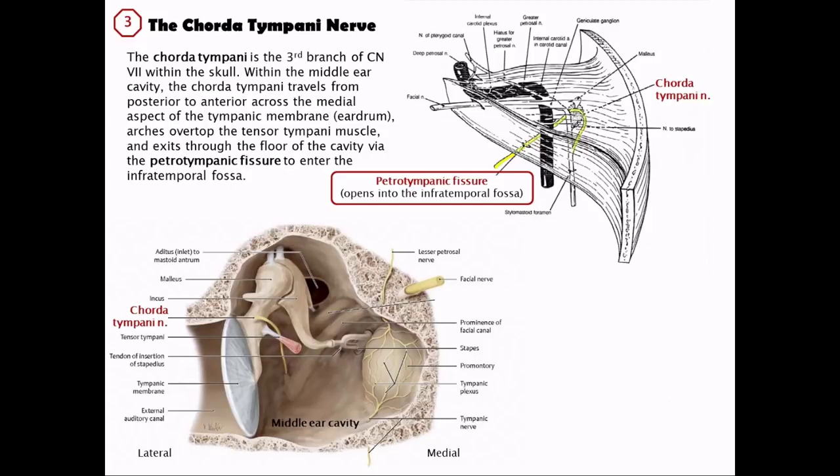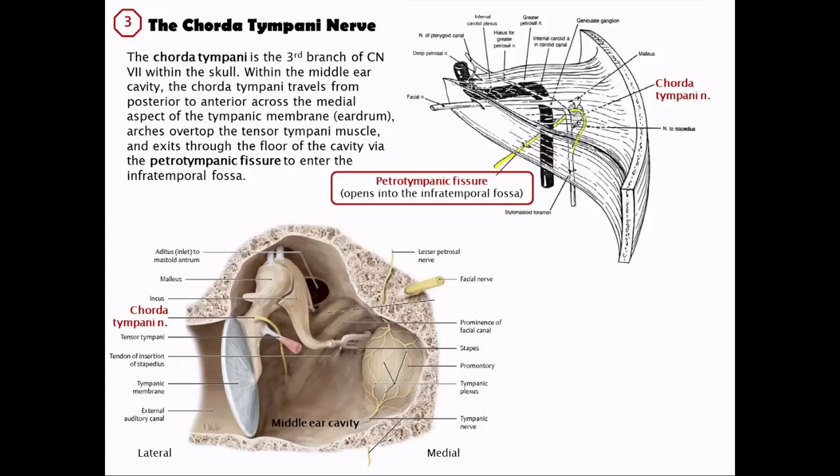In the lower left image, the anterior wall of the right middle ear cavity has been removed in order to visualize the relationships of the middle ear structures. The chorda tympani nerve emerges from the facial canal along the posterior wall of the middle ear. It then loops superiorly around the tensor tympani muscle that is attached to the malleus. The chorda tympani then descends at an inferior angle to exit at the petrotympanic fissure, which is not visible in